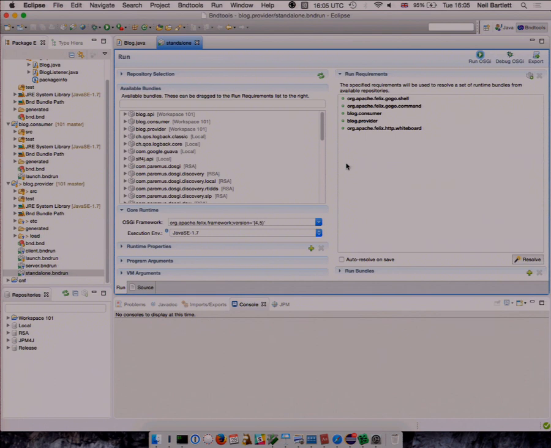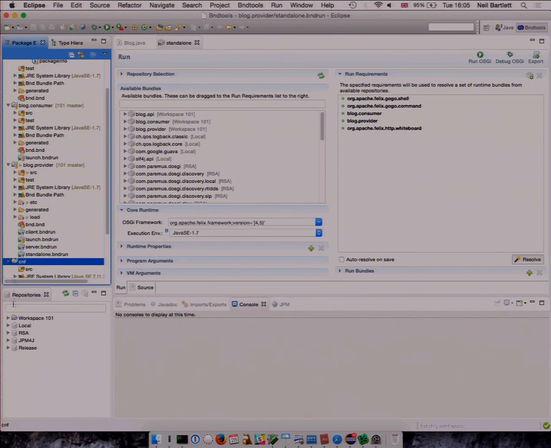Yes? Why is the CNF project not in your Git repository? Not in my what, sorry? In your remote repository. You see you're on branch master? The CNF project is not versioned.